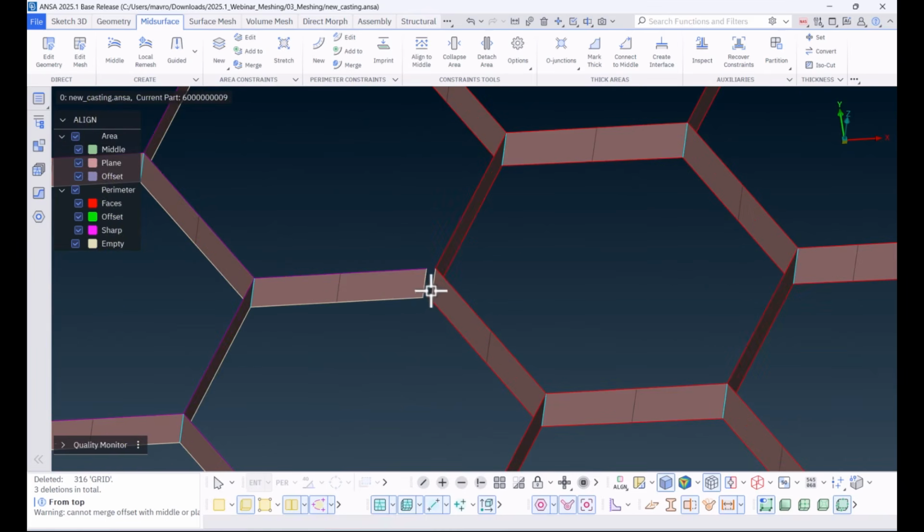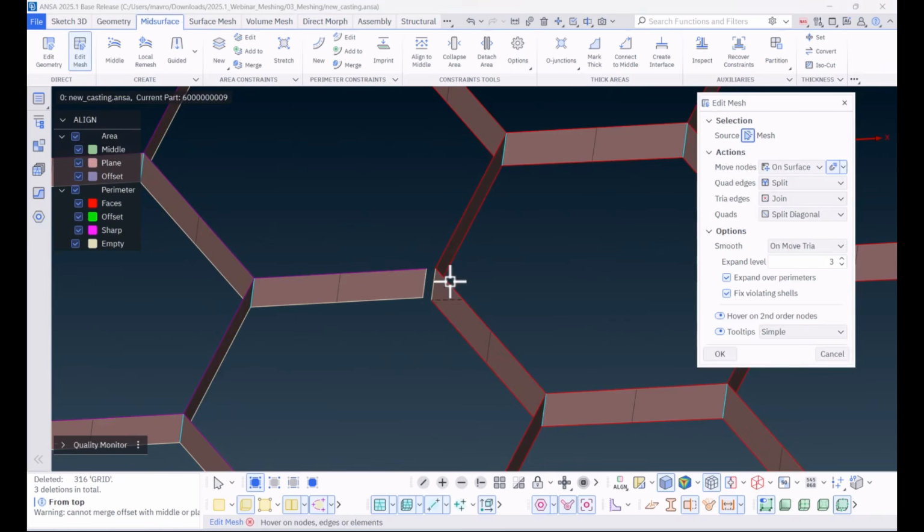Then, the new mesh can be pasted to the existing, either via direct edit or automatically via geometry paste.